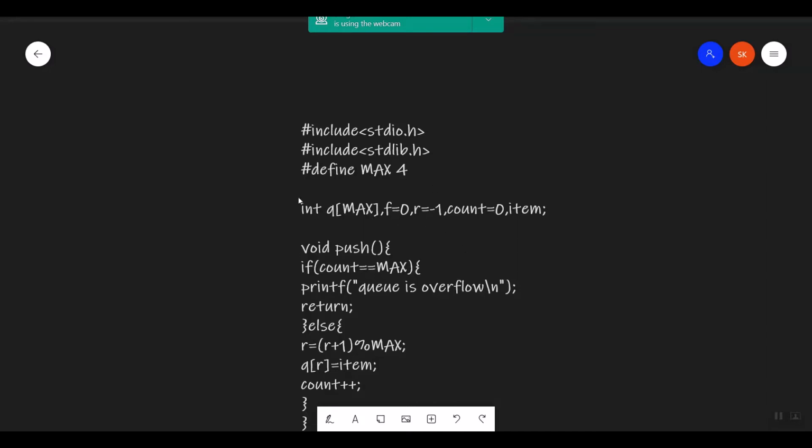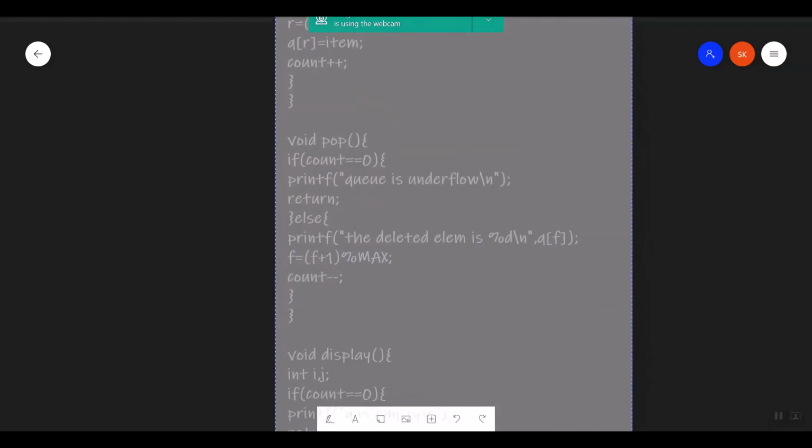Firstly, you'll be declaring the queue, which is represented by q of size MAX, and you will be initializing the front, which is indicated by f equals 0, and you'll be initializing rear, which is indicated by r equals -1. That is, the queue is empty at the initial stage, after which you'll be initializing count equals 0. This count variable is used to keep track of the number of items that are there in the queue. Then you have the item variable. So these are the declarations you'll be making, after which, coming to the main function,